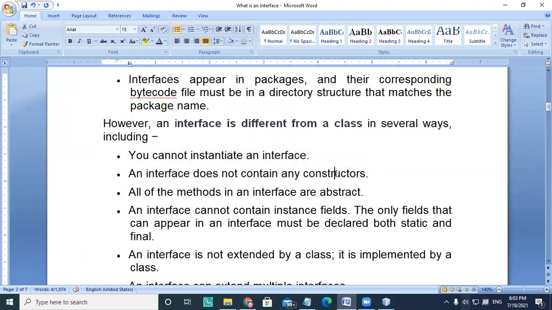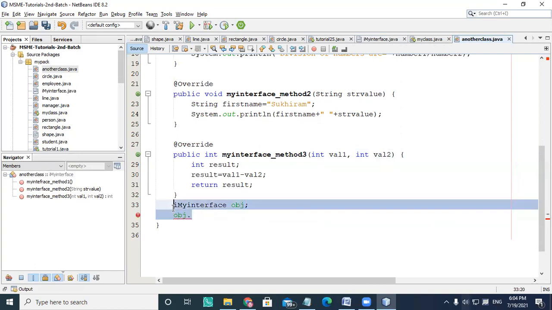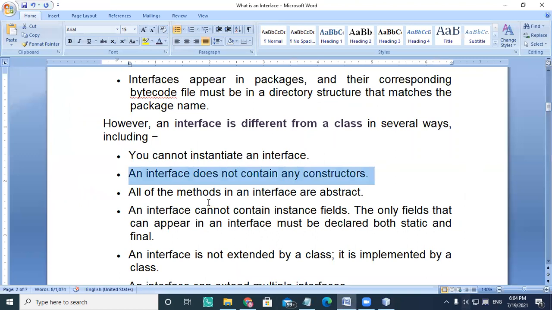An interface does not contain any constructor. So that means you can't instantiate it.